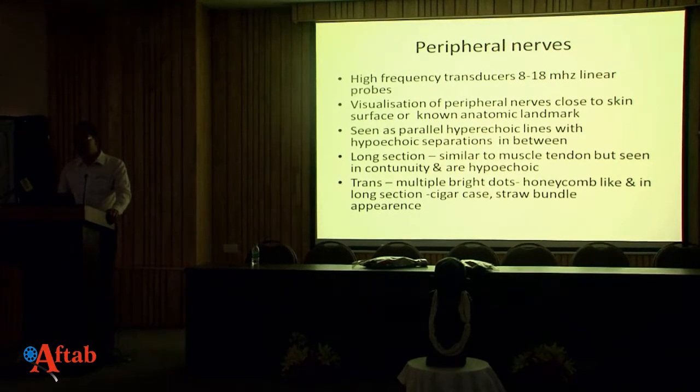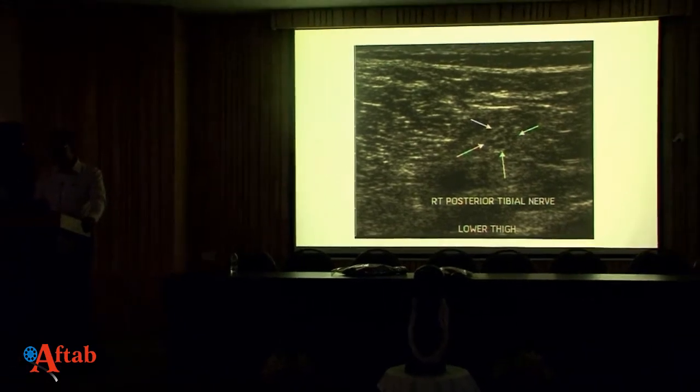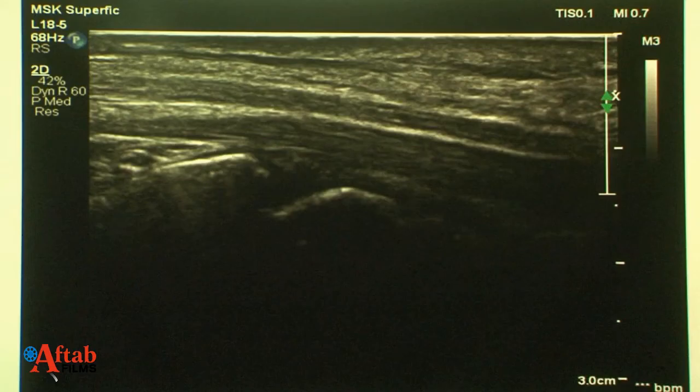In longitudinal sections, they look similar to the muscle tendon, but there is a difference. Muscle tendons have intermittent continuity, while the nerve fibers are directly in continuity. In transverse section, it will be seen as bright dots, called a honeycomb-like appearance. And in longitudinal section, it is called a cigar case or straw bundle appearance. This is a cross-sectional ultrasound image, and this is the longitudinal image of the same. Adjacent